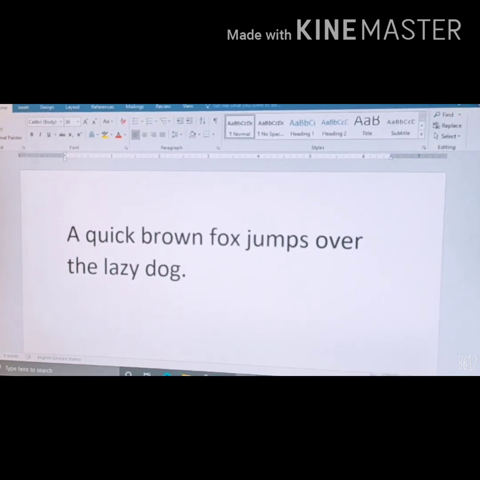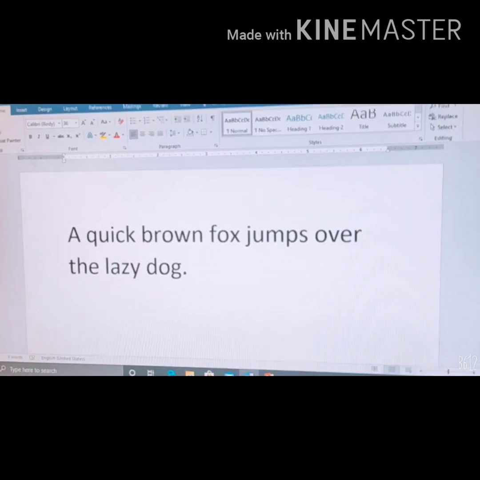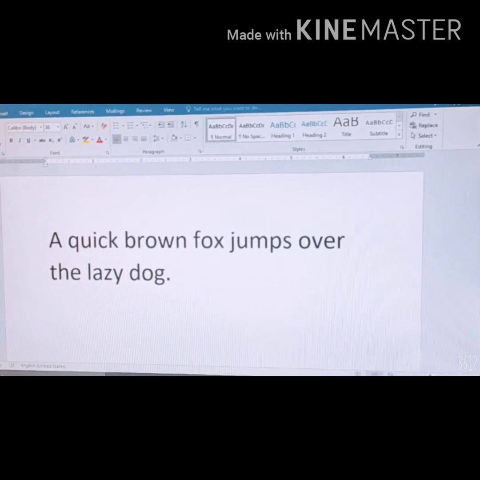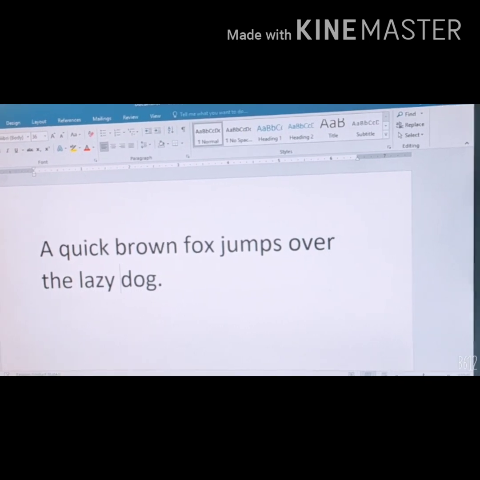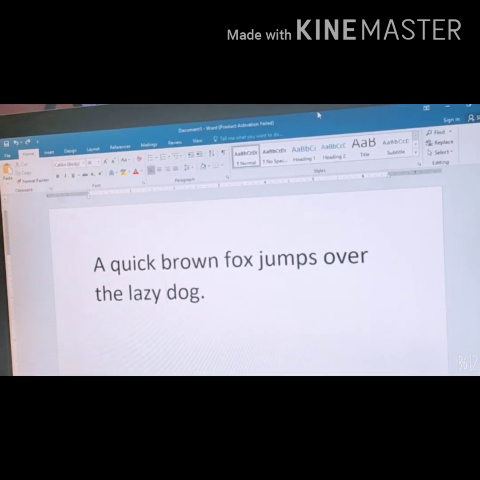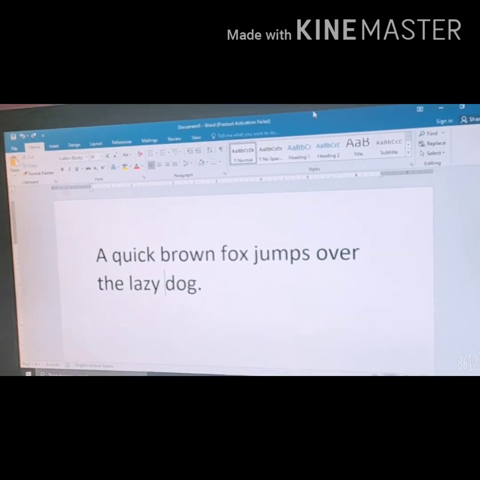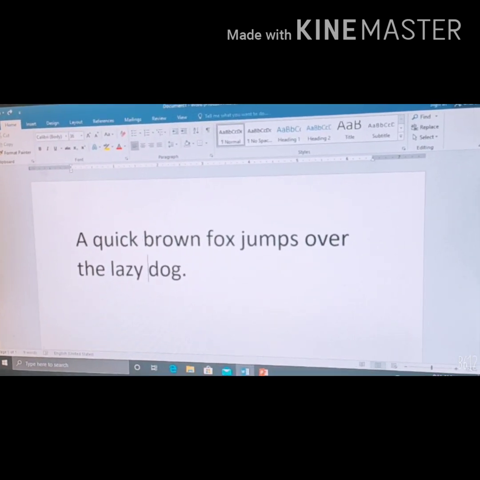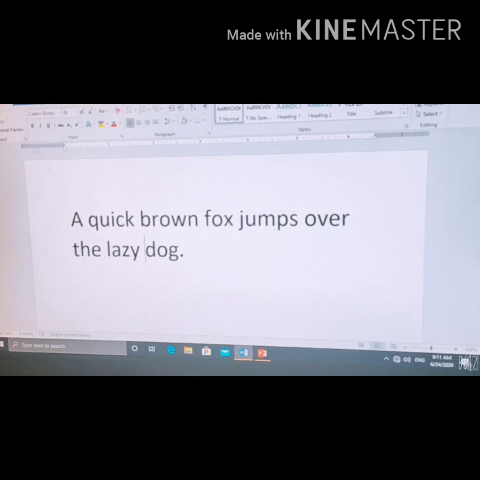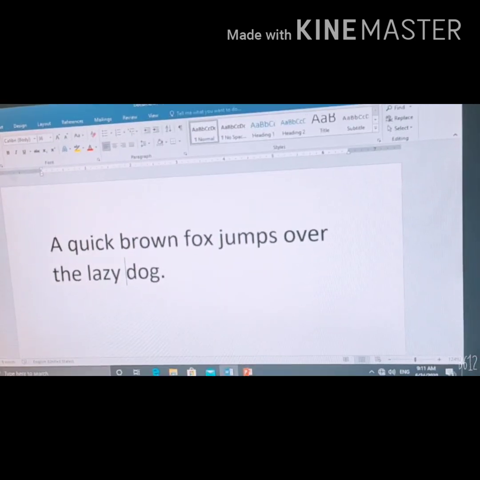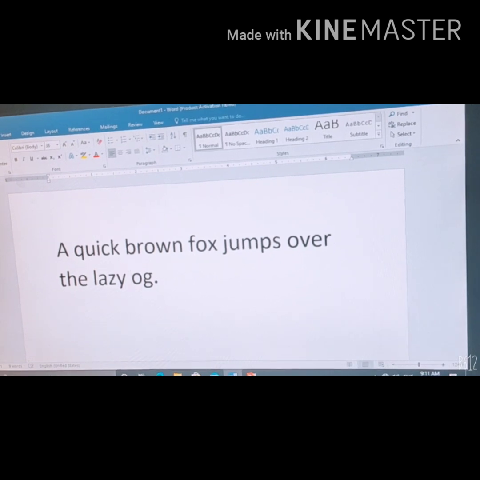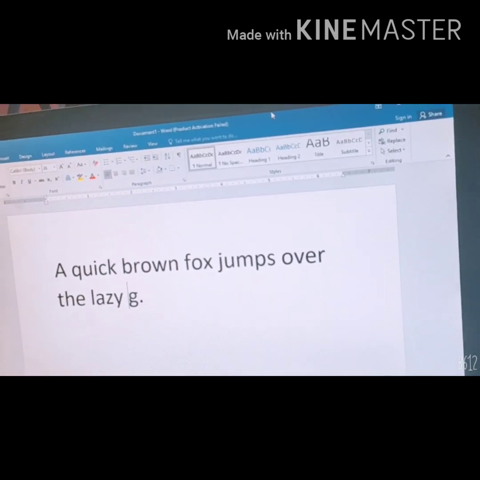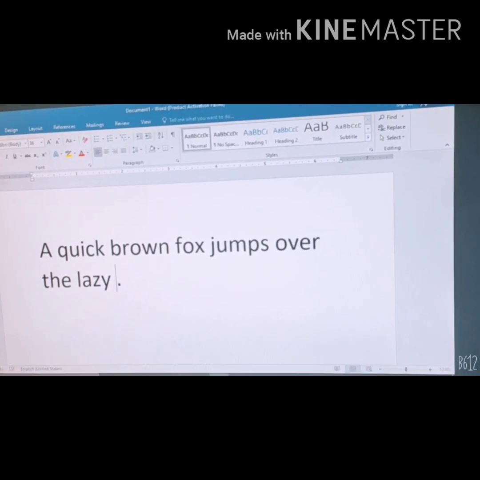Now I'll show you the use of the delete key. For that you need to place the cursor to the left hand side of the letter, and the delete key deletes the character from the right hand side. So my cursor over here is blinking here just before the word dog. So I am pressing the delete key. See, one character from the right hand side gets deleted like this.